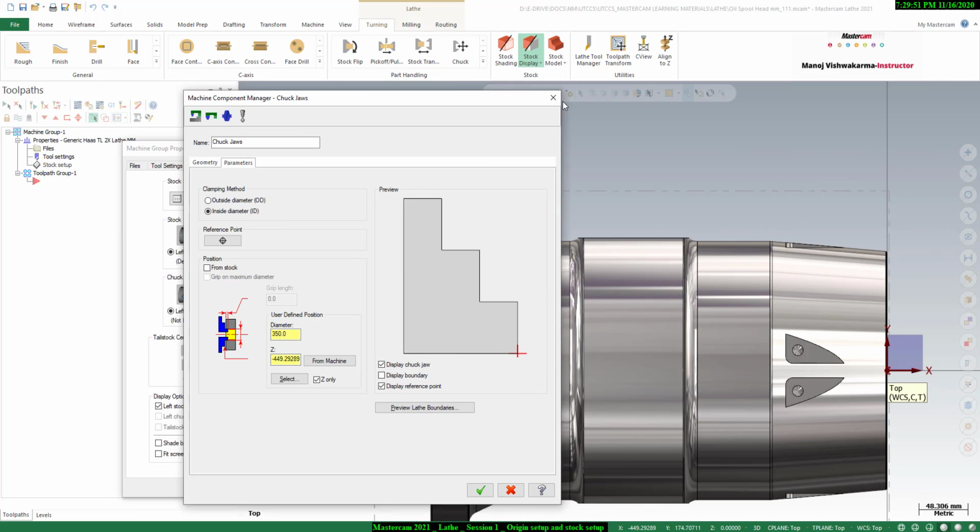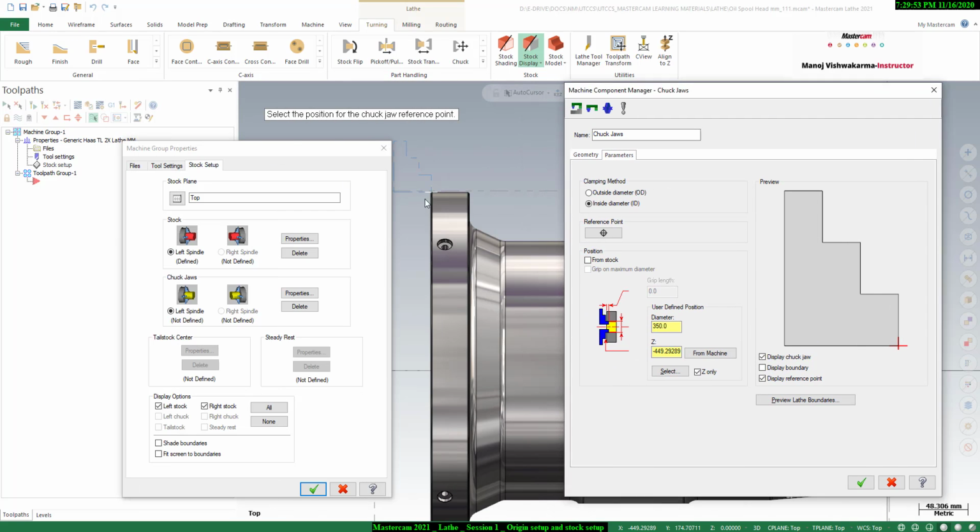Not that position. I will change that, because we will run our tool 2 mm extra from this point, right? Now we have already taken a 50 mm extra length in the left margin. So we can keep our jaw 2 mm far from this face. So we can say minus 449, not that, we will customize that.